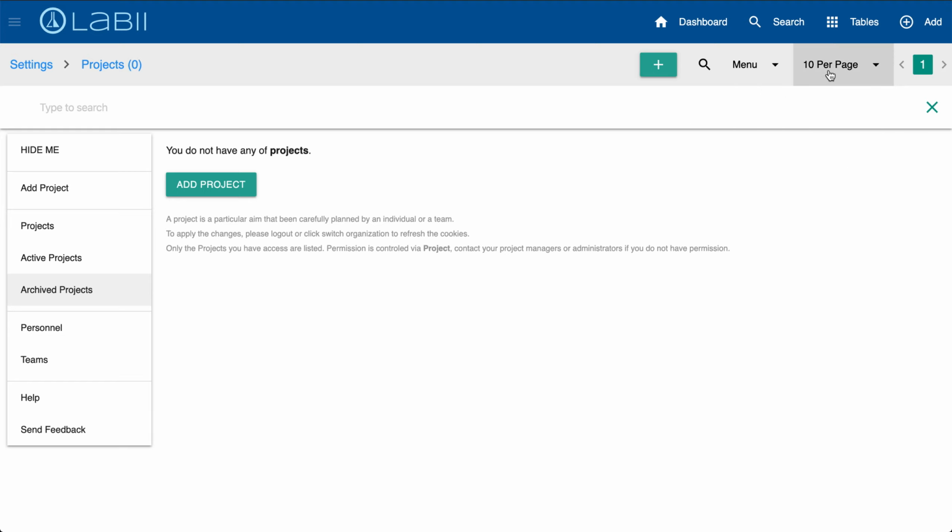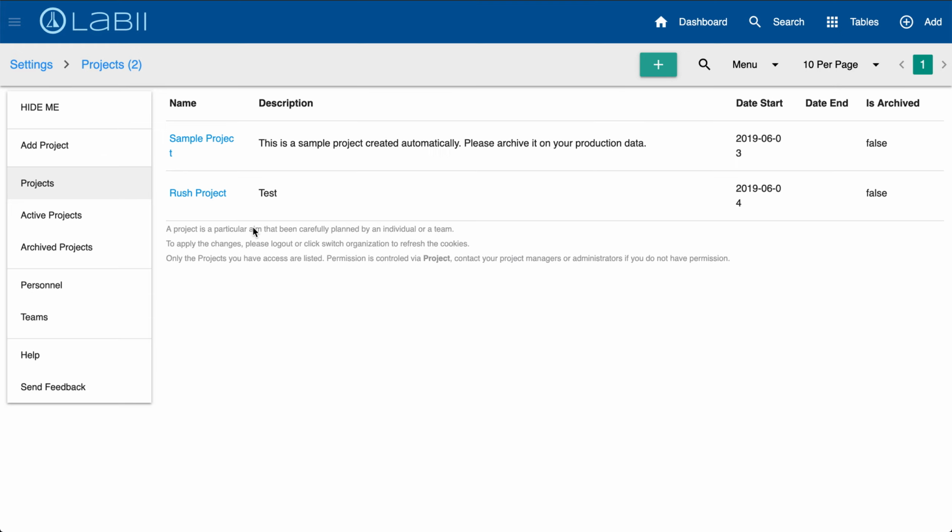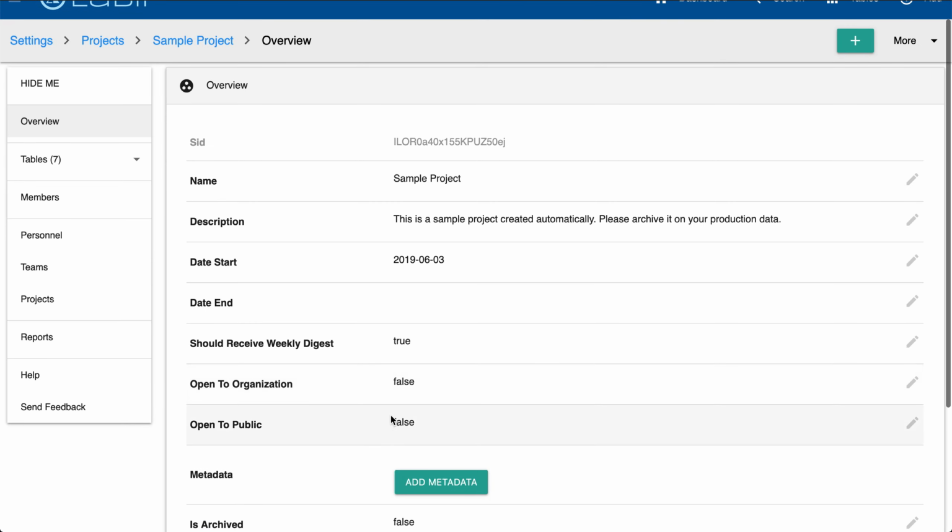And then if you click here, you can choose how many records you want to see within the page, starting from 10, going all the way up to 2,000 per page. Now, with that being said, staying within the project view, you can click into a project name to see the detail of the project. So let's say if I click into the sample project,